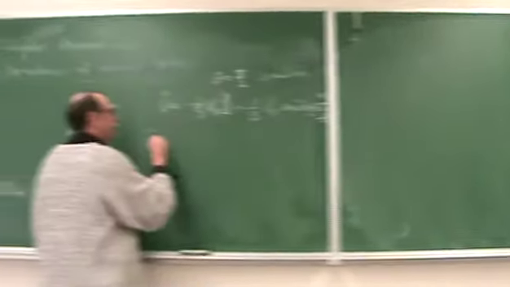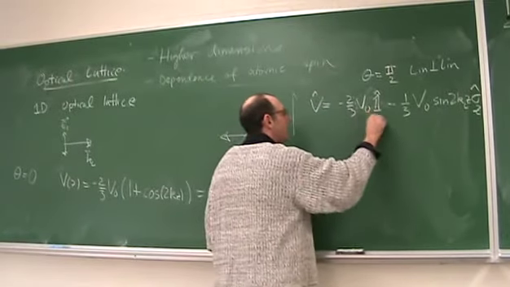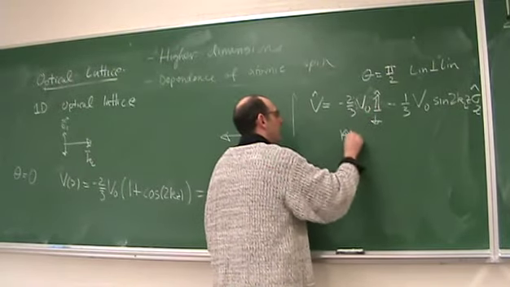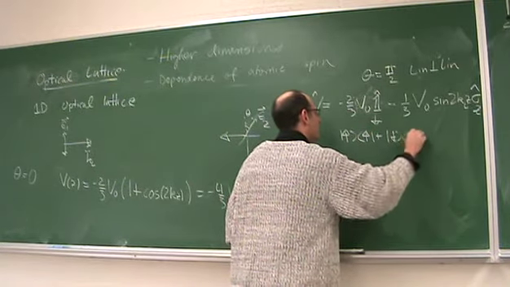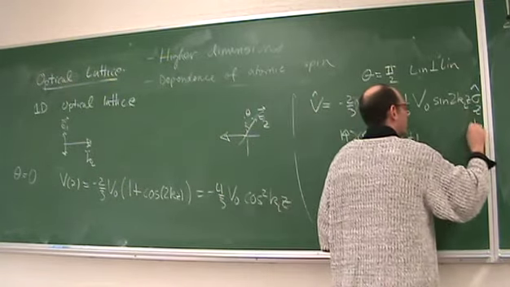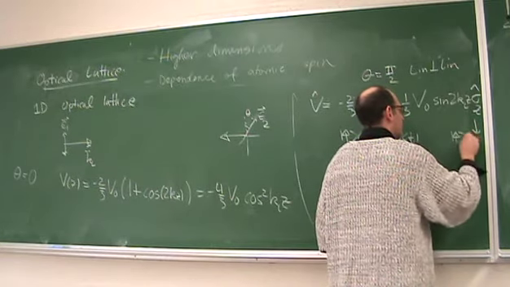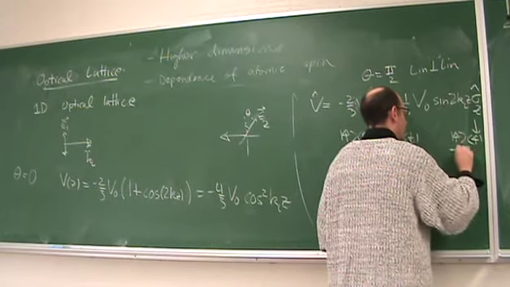So this is equal to, if I put in the identity operator, is spin up plus spin down projectors, and sigma z is spin up minus spin down projectors,